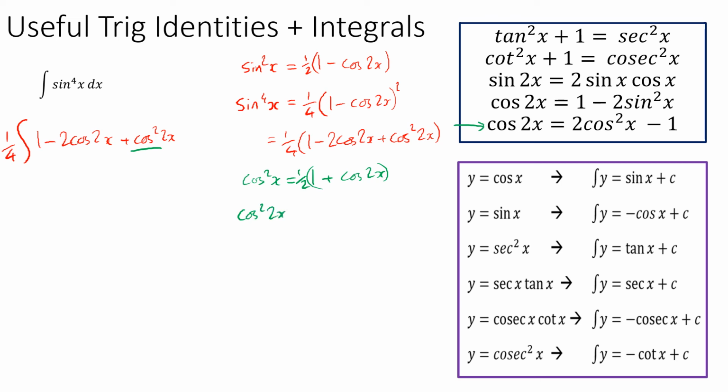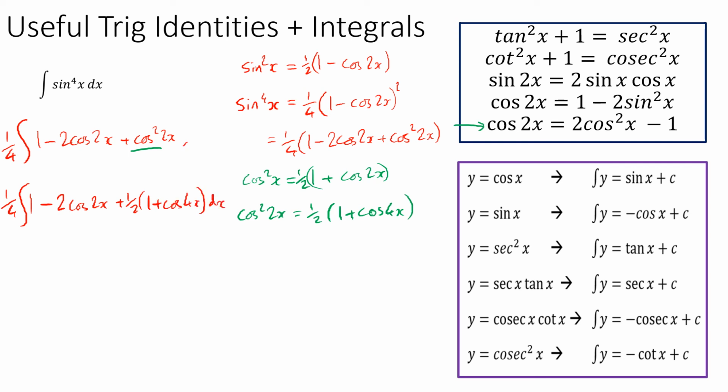So cos squared of 2x is a half lots of 1 plus cos of 4x. And that's the substitution we're going to make. So, what have we got here? We've got a quarter, lots of 1 minus 2 cos 2x, plus a half, lots of 1 plus cos 4x